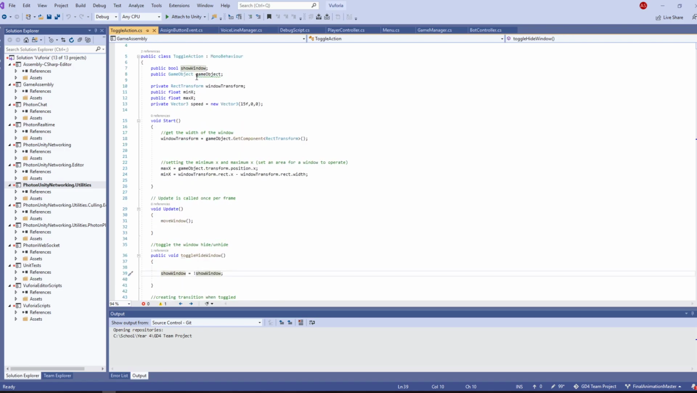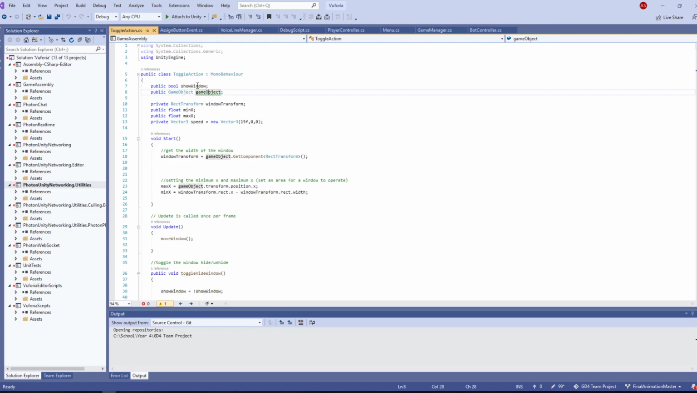So basically we have a bool show window, which is if the show window is true, then it slides to the right, and if it's false, slide to the left. The game object is left that we want to be sliding. So in this case, it's the action window. Now we get all sorts of information like the stats of that action window. So for example, what is the